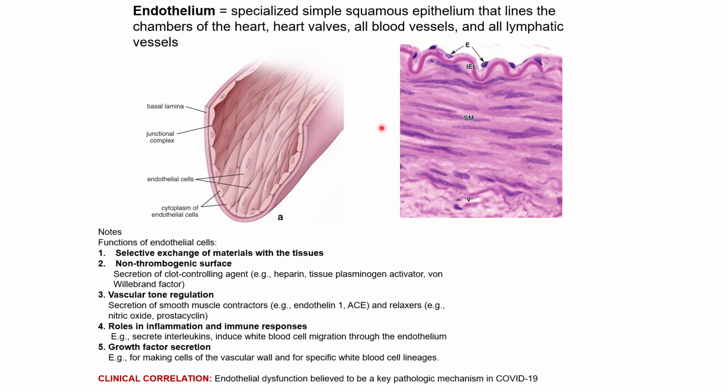This whole system of vessels as well as the heart is lined by endothelium, which is a specialized simple squamous epithelium that lines everything: the heart, heart valves, all blood vessels, and even lymphatic vessels. So this is a section of a vessel showing the lining epithelium, or endothelium, towards the lumen, and what is here in blue are the nuclei of the endothelial cells lining